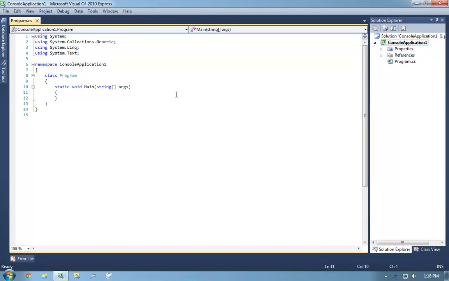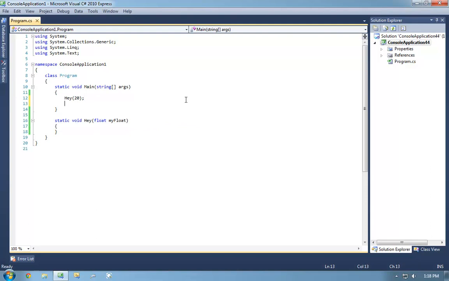Okay, so the first thing we're going to be talking about is implicit conversions. More specifically, user-defined implicit conversions. So for example, what we have here is an example of an implicit conversion. The integer literal 20 gets implicitly converted into a float. You know it's implicit because you don't have to specify anything explicitly.